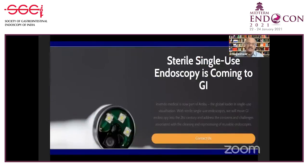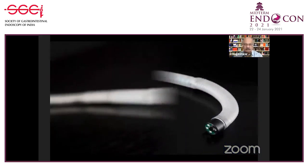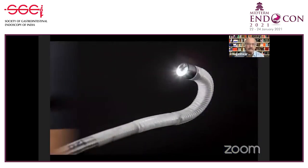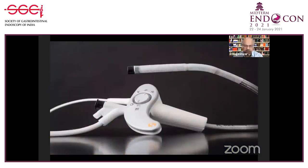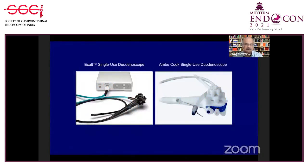Now, the third major area that we are going to advance in terms of endoscopy is the single-use endoscope. This is going to come because of infections, and COVID seems to enhance this. Right now, we have this Invendo colonoscope. Single-use, it costs about €300. So those who can afford it, of course, can use it. But more important is single-use in terms of the duodenoscope. Because of duodenoscope infections, there's been a need for this, and we now have EXALT, which is a single-use duodenoscope from